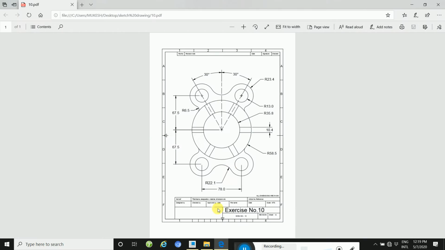See this, your drawing. Take a short screen, then start to draw.